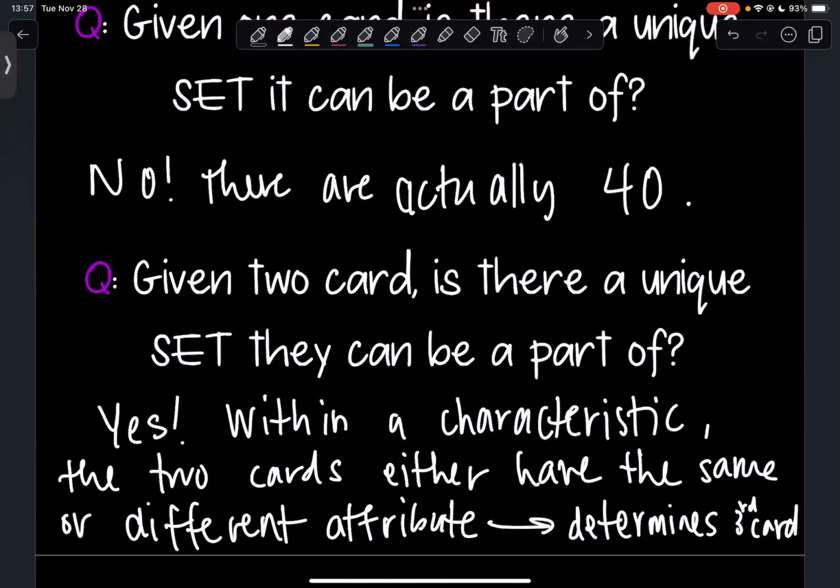It turns out there's going to be multiple that are the same, right? Because as soon as you pick the second one, it determines the third one. But I could have picked that third one first, and that would have determined the second card, right? So there's going to be pairings of 2 showing up that are exactly the same, but maybe in a different order, but they mean the same thing in the game. No matter how you pick up the 3 cards, it's really just the collection of those 3 with the specific attributes that make it a set. So you do actually end up getting 40 different sets for any one individual card that you pick. Okay.